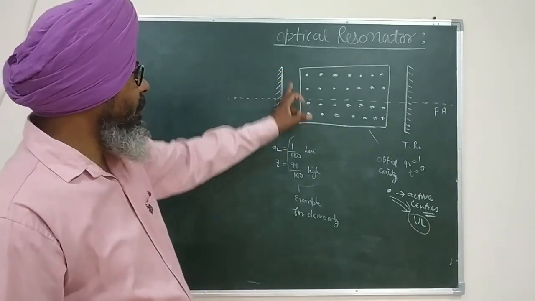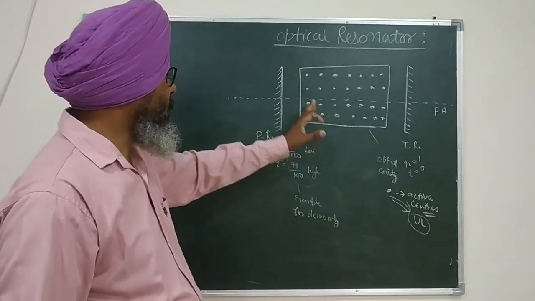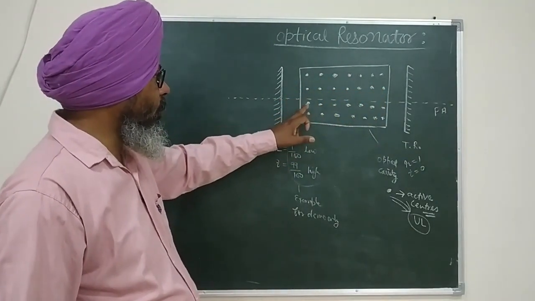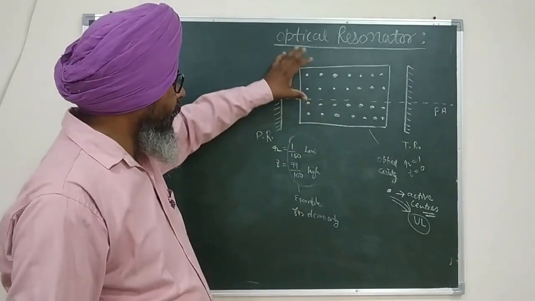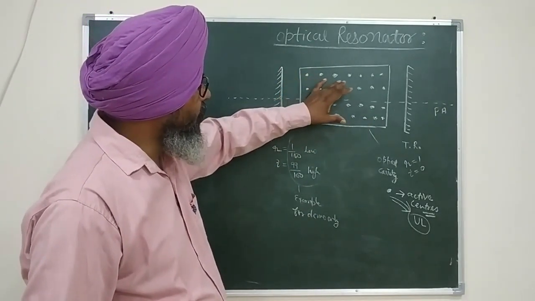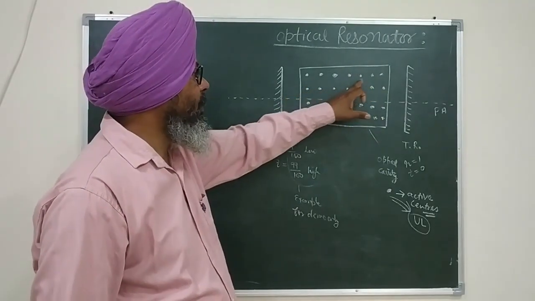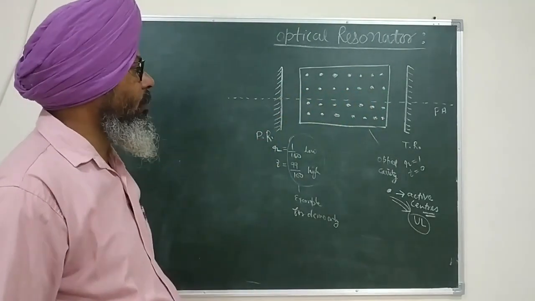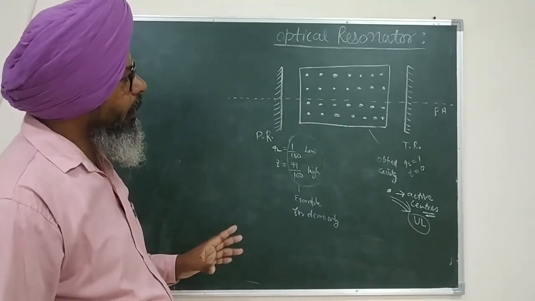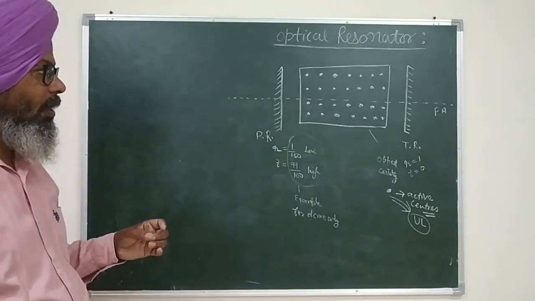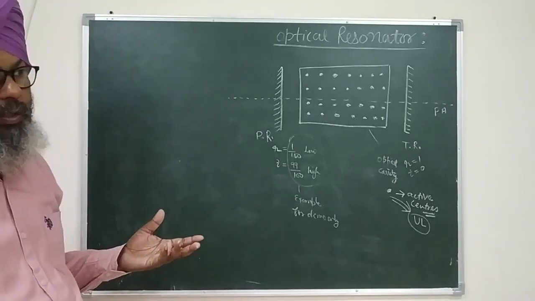Now look, in this laser medium I have shown certain dots. I have not shown anything in between. Kindly do not make any assumption from your side. It does not mean that there are no atoms in the spaces where I have not shown any dots. It actually means there may be atoms or molecules or ions in that space. However, these are just supporting the process. These are not in the upper lasing level.